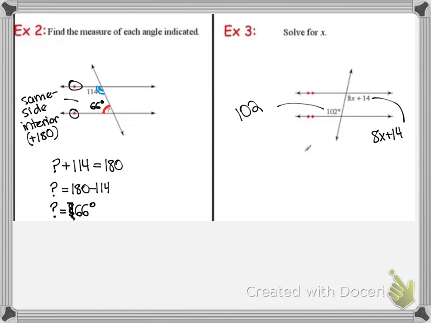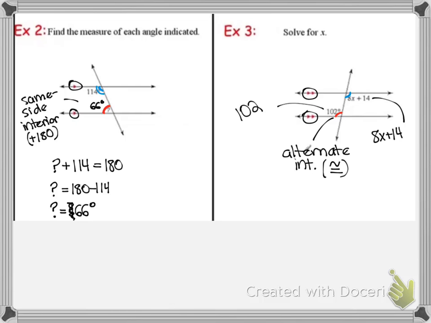So again, we have two angles. We need to figure out what is the relationship. So we have this 102 degree angle, and then we have this angle that we know is 8x plus 14. So what type of angles are that red and blue angle? Well, those are inside the parallel lines, and they are on different sides of the transversal. So these are alternate interior angles. And we just learned that if lines are parallel, again these are, that alternate interior angles are congruent